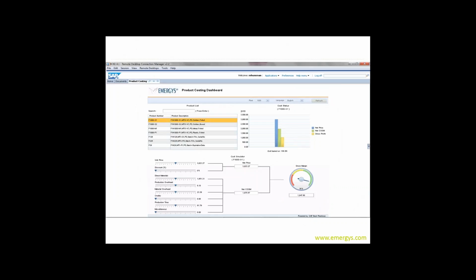From a production perspective, this one's probably the most interactive. One of the 2 I'm going to show you is the most interactive. This dashboard allows you to look at cost impact. If I find a lower cost provider for material and I can move the direct material cost down, my needle's going to go clockwise, because if the cost goes down, the margin's going to go up.